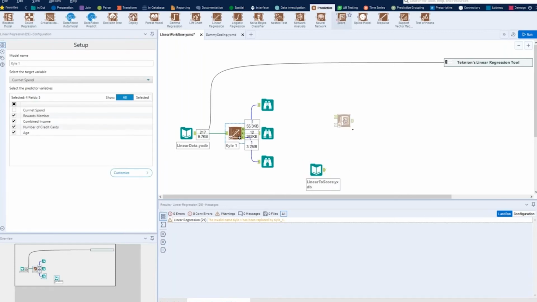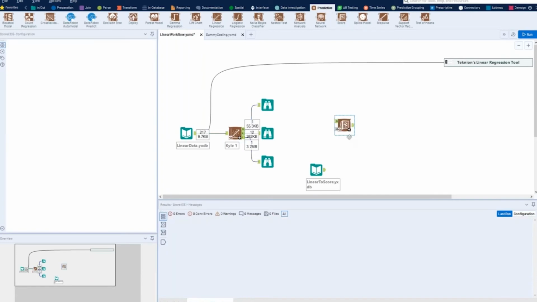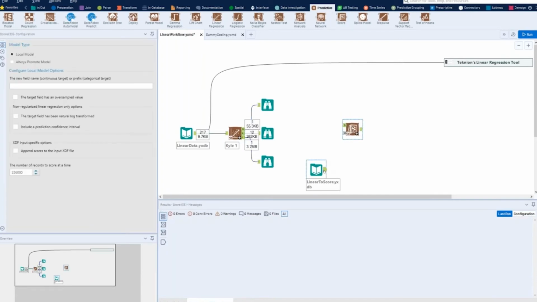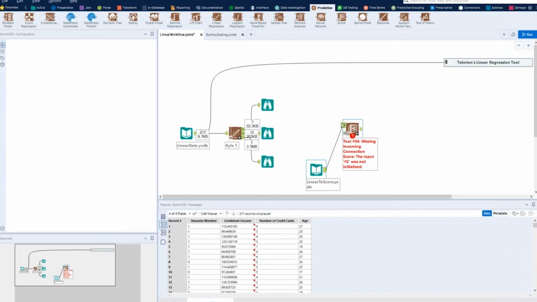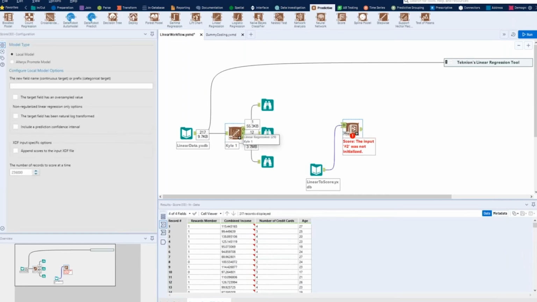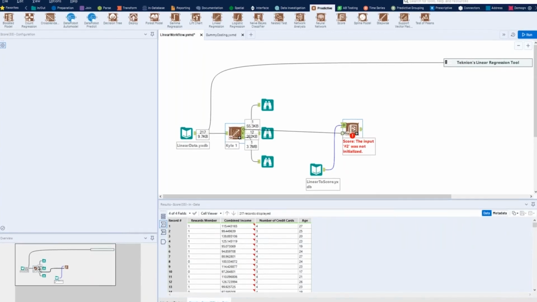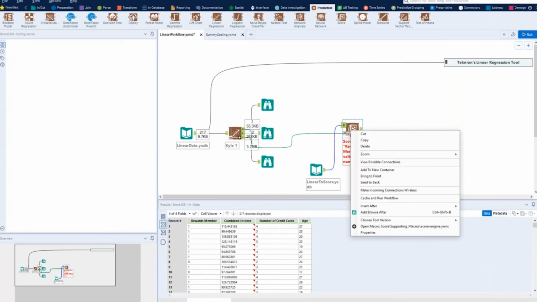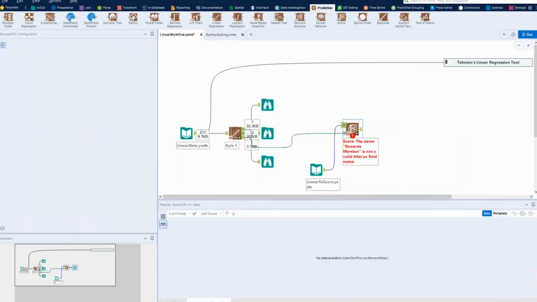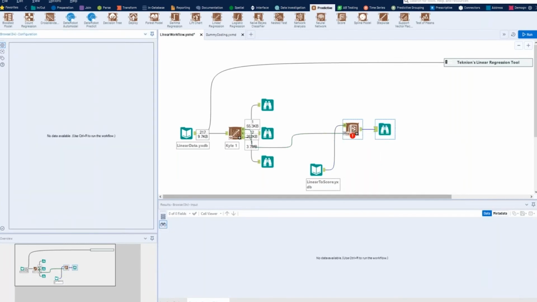So I'm going to pull the score tool down, and I'm going to connect my data. This is the new data, and that's going to go into the D anchor. And then out of my linear regression model, I'm going to pull in the information from my model. And then I'll go ahead and add a browse tool after this. It seems that my Alteryx decided just to stop there for a second. Okay. So I'm going to add this browse tool after. And now when I run this,